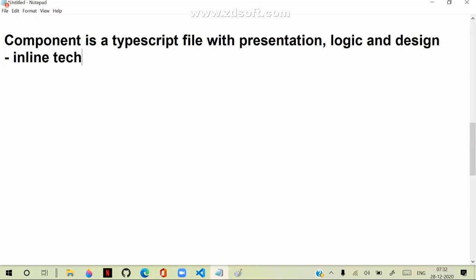In the inline technique, the component is defined in a TypeScript file, with presentation, logic and everything.